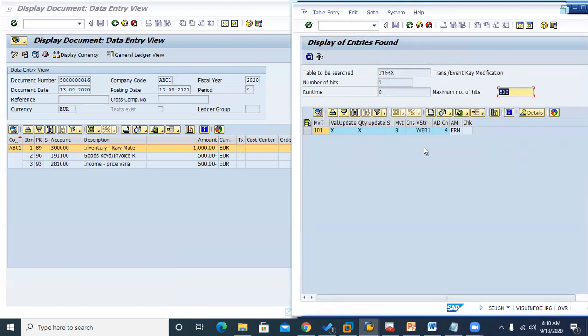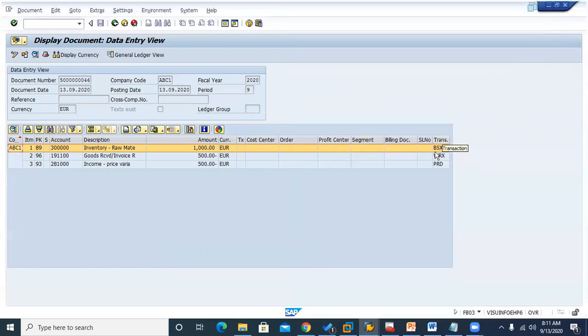So you have a witness now here. When the system is checking in the background with the coding, it is going to look at this special stock, consumption, all these values, and what the value string is. So it reached the value string, and I have double clicked on this value string in OMJJ. I've shown how many accounts, I have explained everything. That means those are the accounts it has found. That means we have reached up to the keys. Now from the keys, I have given the witness to reach up to the keys. From these keys, how we have reached, we have to check this one. Then we have done all of them.